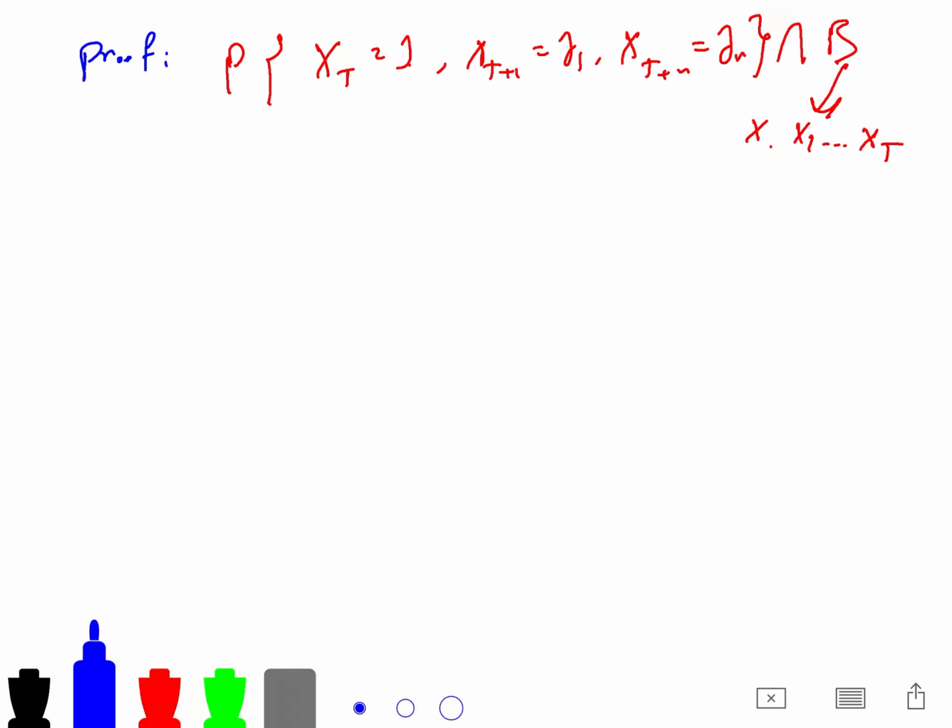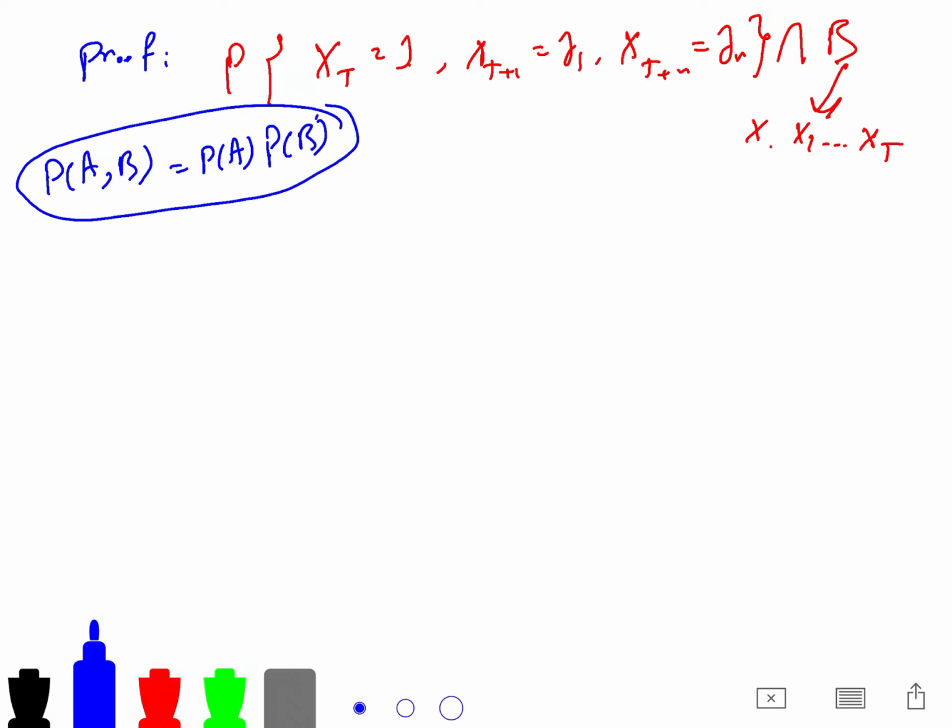So this probability, because if something is independent, the probability of A and B is P of A times P of B, from elementary school. And using that, we can